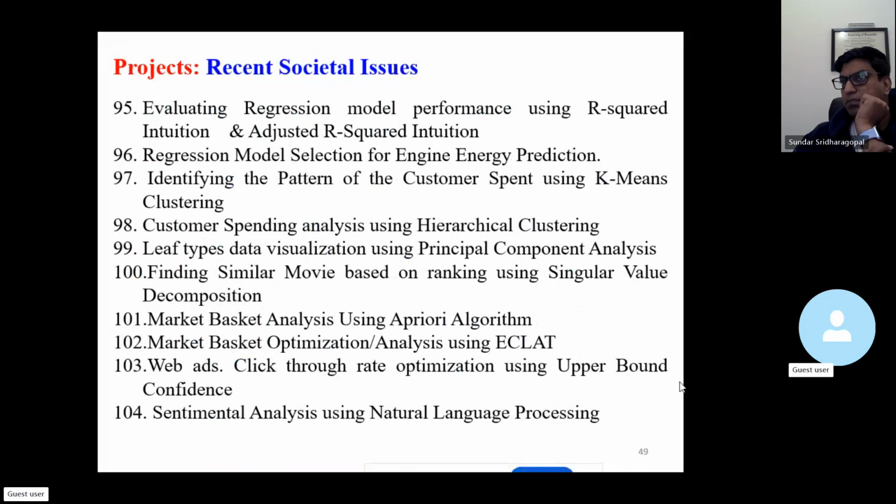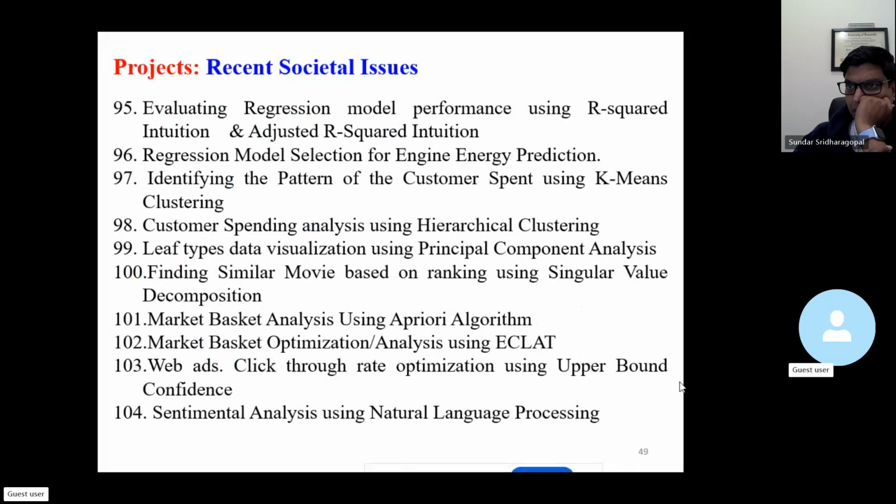using k-means clustering, customer spending analysis using hierarchical clustering, leaf types data visualization using principal component analysis, finding similar movie based on ranking using singular value decomposition, market basket analysis using Apriori algorithm, market basket optimization or analysis using ECLAT algorithm, then web ads click-through rate optimization using